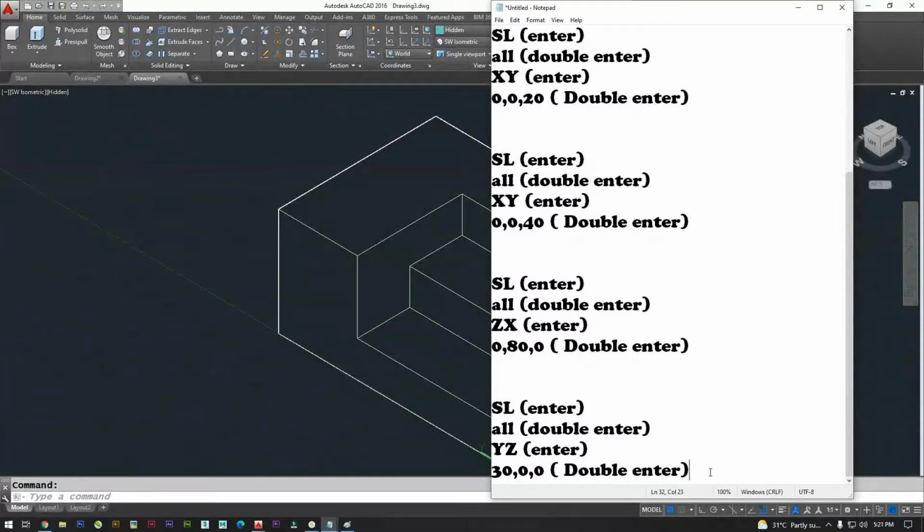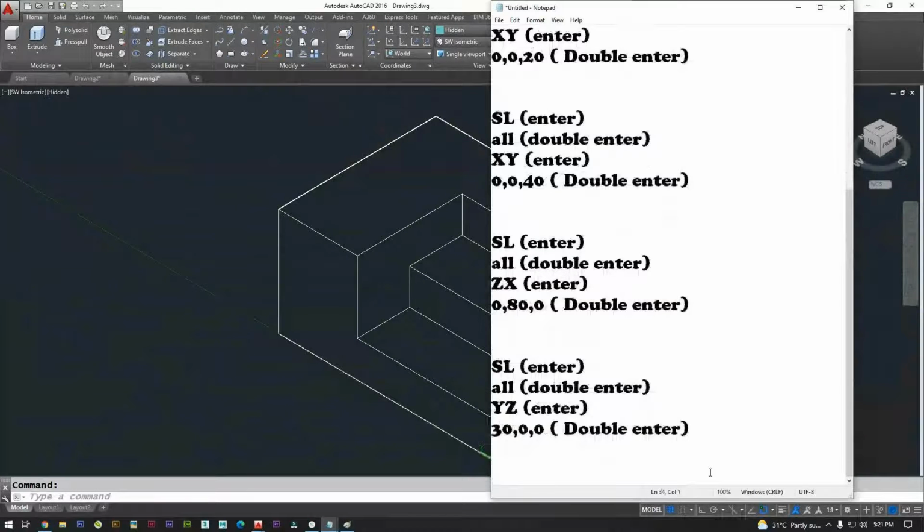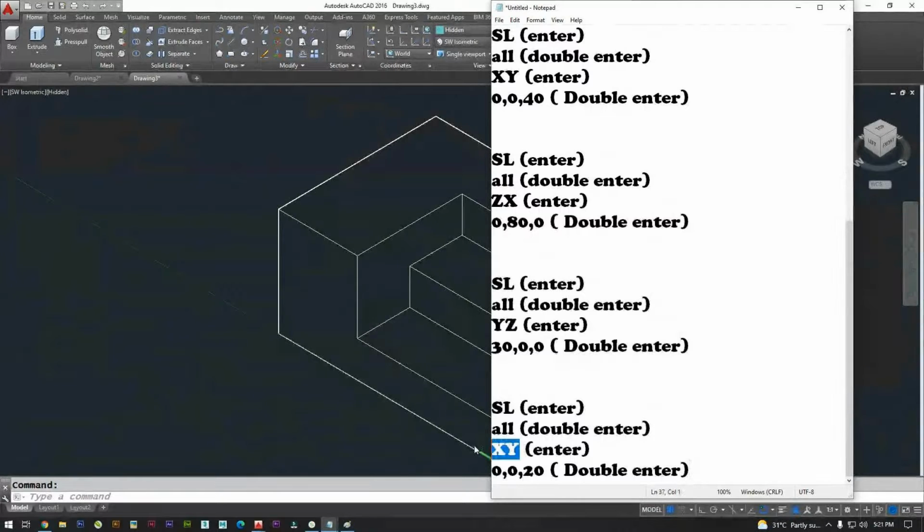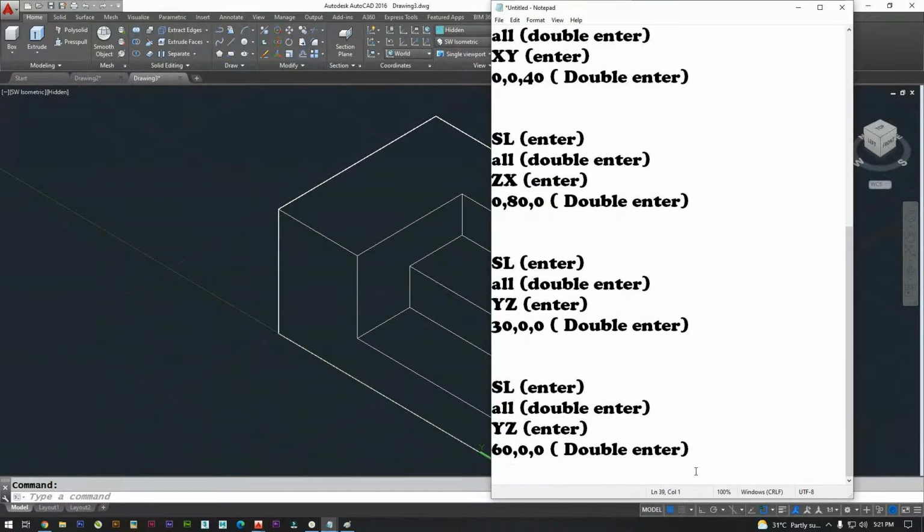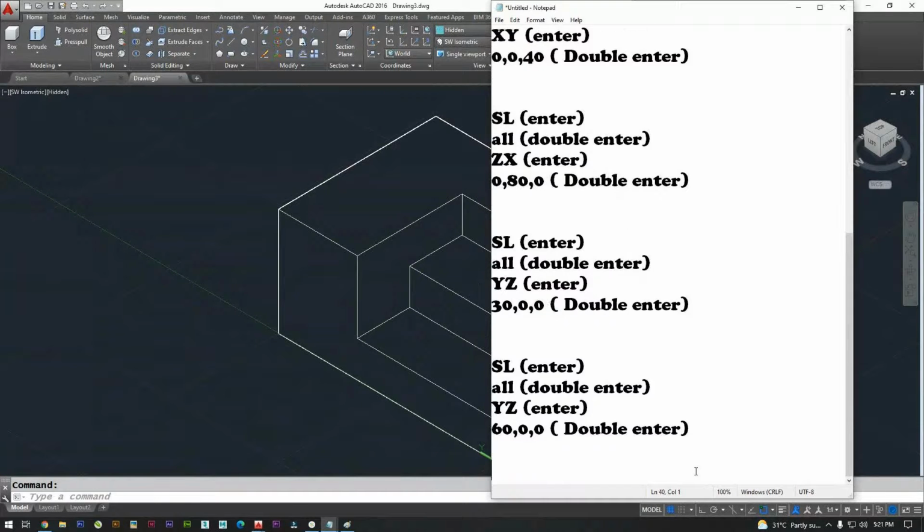Double enter. After this, same YZ 30, 0, 0. There use 60. The next step is remove the unwanted portions.